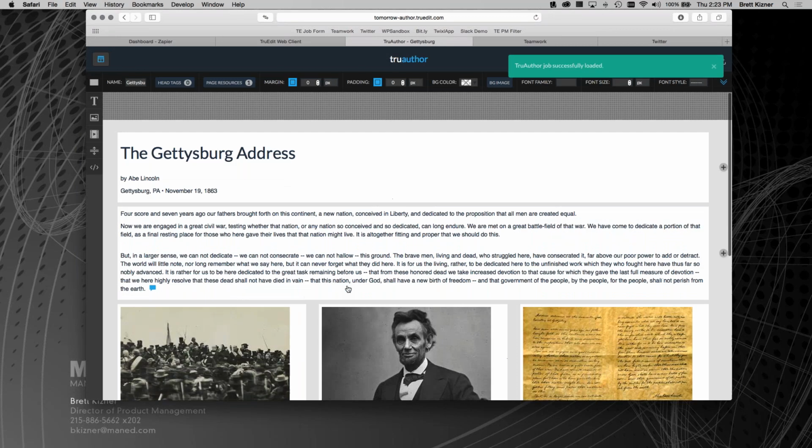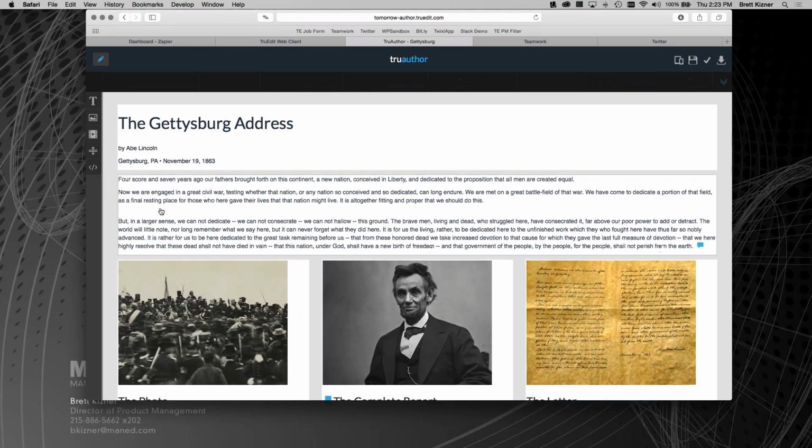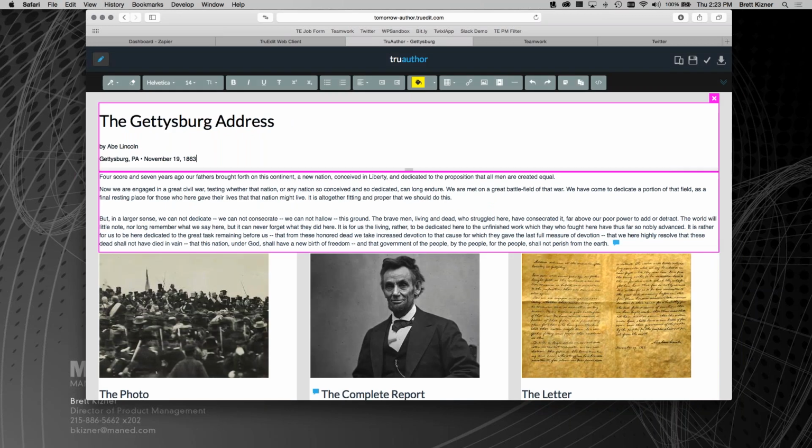We'll just check that out, and that's going to open up right inside TrueAuthor. A reminder for folks who haven't seen this before, TrueAuthor is the HTML authoring and layout interface within TruEdit. It gives me a layout view that I'm in right now, an editing view where I can go ahead and edit content